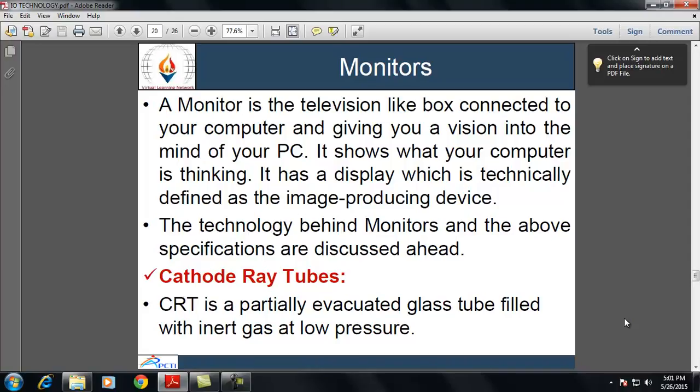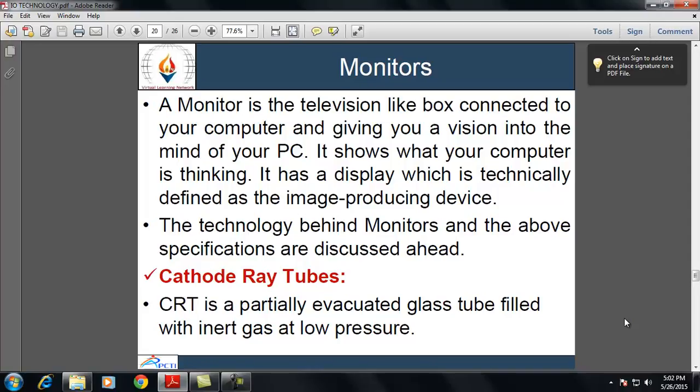If we talk about the CRT, it is a partially evacuated glass tube filled with inert gas at low pressure. A specially designed cathode sends a beam of electrons at high speed towards an anode, which impinges on the screen, which is coated with small phosphor dots of the three primary colors.